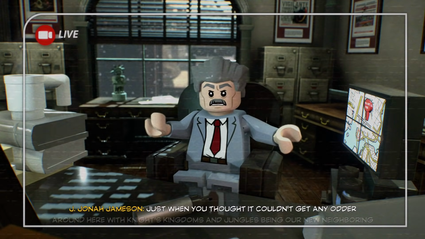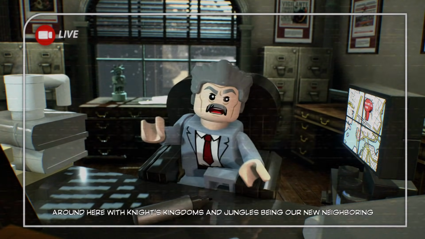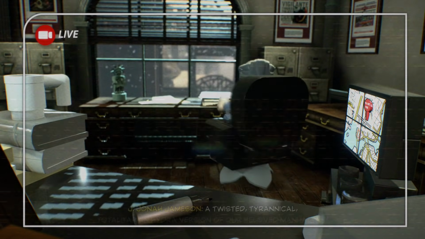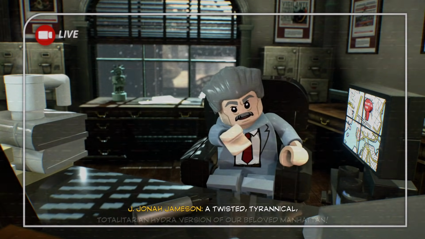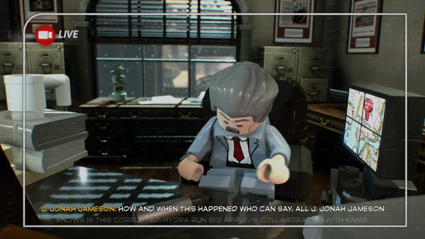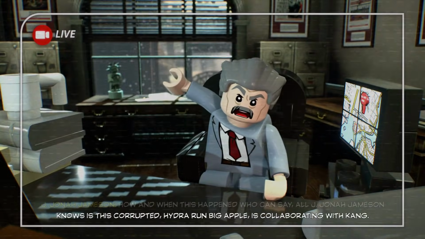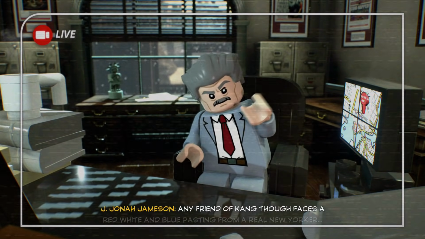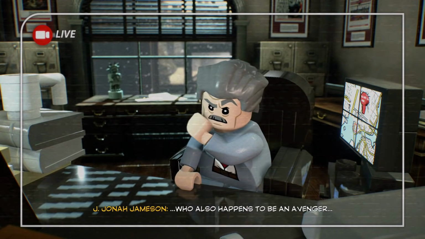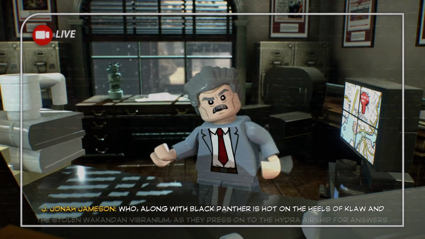When you thought it couldn't get any odder around here, with Knights, Kingdoms, and Jungles being our new neighboring districts, I can exclusively reveal a new... Breaking news from J. Jonah Jameson. A twisted, tyrannical, totalitarian Hydra version of our beloved Manhattan. How and when it happens, all J. Jonah Jameson knows is this corrupted, Hydra-run Big Apple is collaborating with Kang. Any friend of Kang, though, faces a red, white, and blue pasting from a real New Yorker, who also happens to be an Avenger. Captain America, who, along with Black Panther, is hot on the heels of...